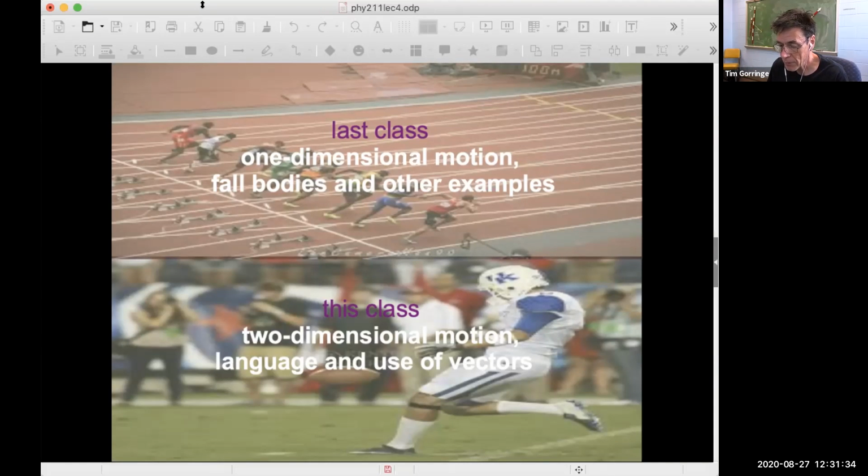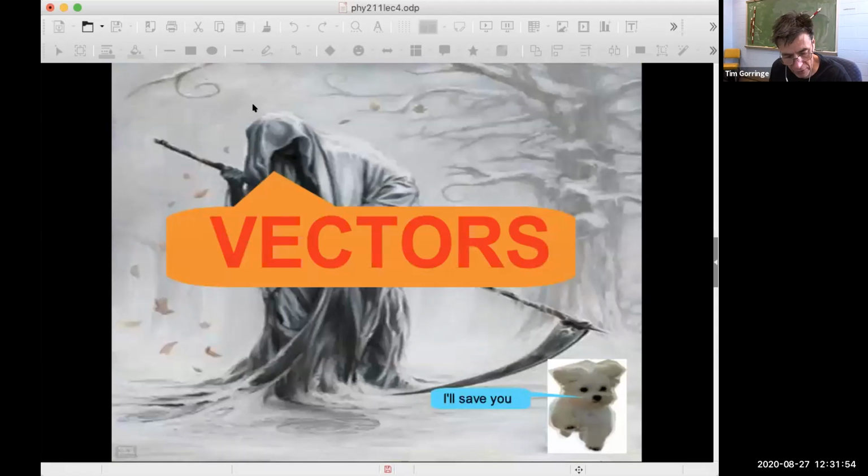beginning this class. Actually, this class, we're going to focus on a tool, a language that we need to develop and use, and it's called vectors, and we're going to be working with vectors. And in next class and beyond, we'll be exploring the motion itself. Okay, so this is all about vectors, and we're going to learn today mostly how we describe vectors, the language